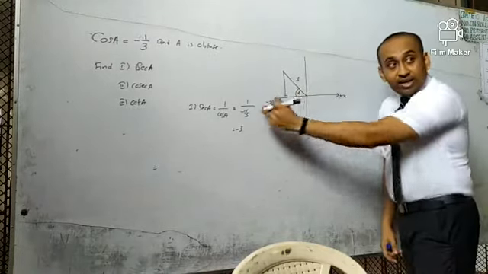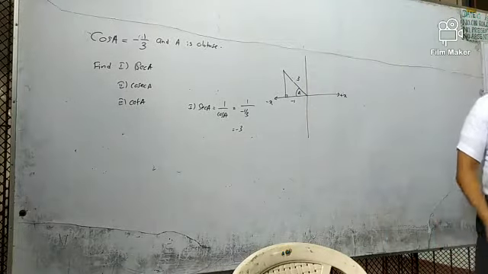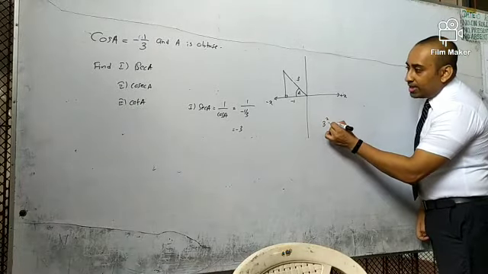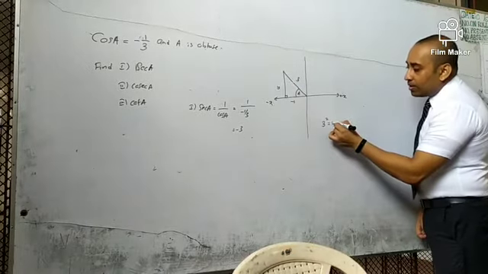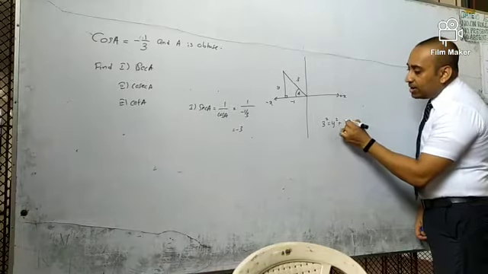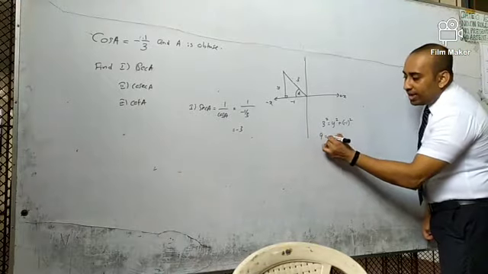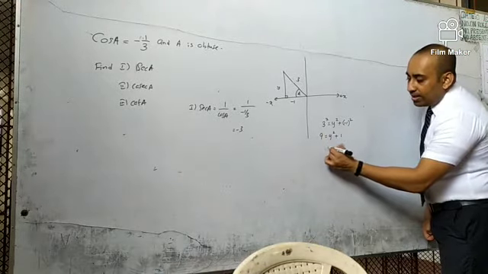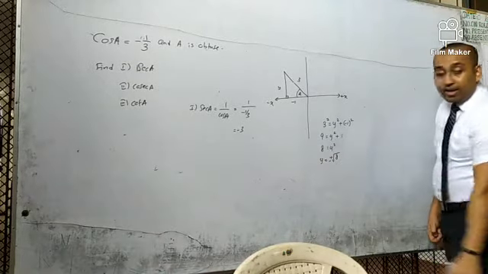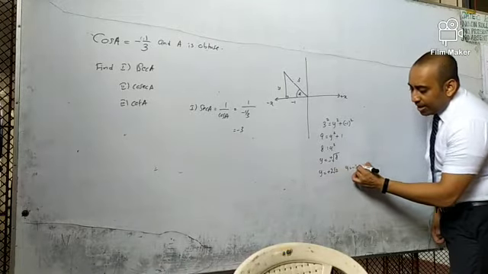Therefore, this length is what? This length is negative 1. Then minus 1 divided by 3 is the one you obtained over here. Right? Then if we apply Pythagoras theorem, 3 squared is equal to y squared plus minus 1 squared. Remember to put a bracket over here. 9 is equal to y squared plus 1. Therefore, y squared equals 8. y equals plus or minus square root of 8. Then you get y equals plus 2 root 2, y equals minus 2 root 2.